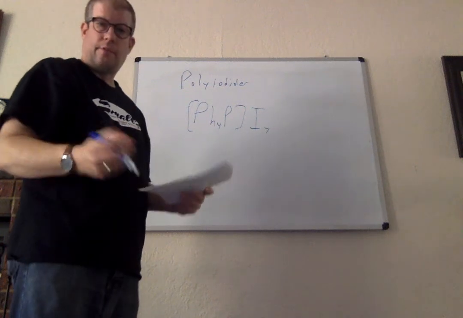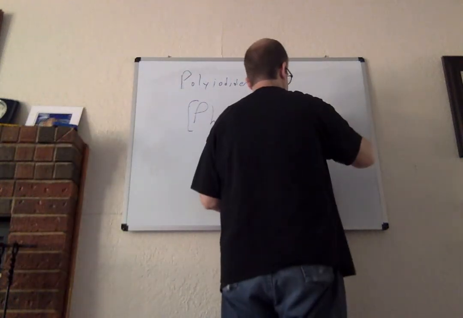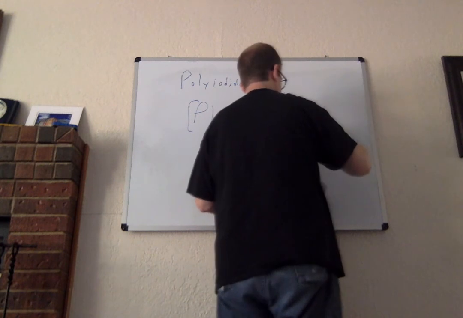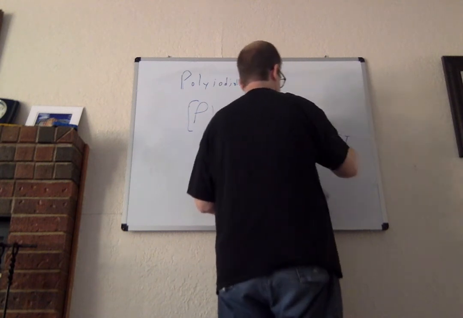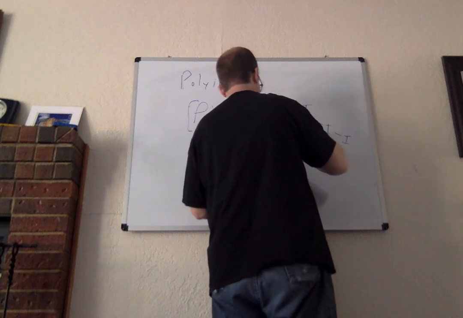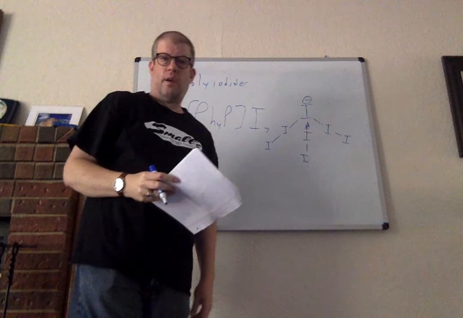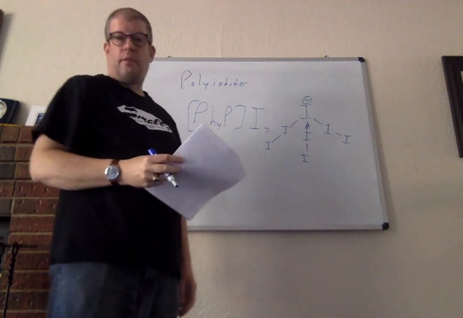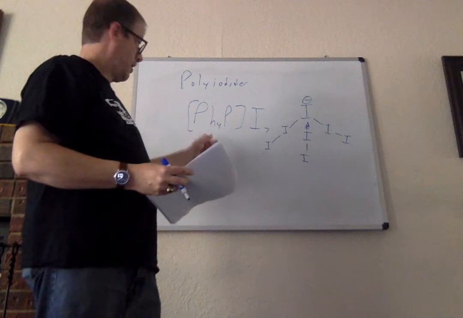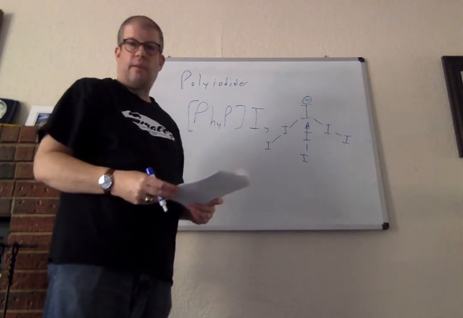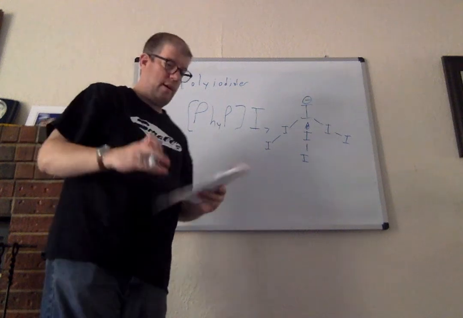and that structure builds on the last one, like so. This is really reactive and very hard to handle, actually. So you have to be gentle with it because it's shock sensitive as well. And the bigger cation is needed to stabilize that. And so those are the polyiodides that are out there.